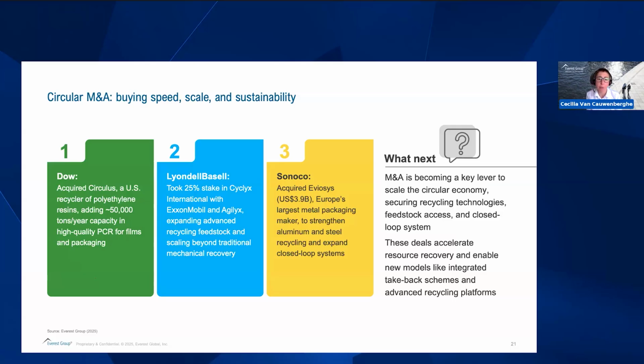This closes the loop between waste and virgin polymer production, reducing the need for new cracking capacity. So from an economic logic, the acquisition accelerates market readiness for PCR (post-consumer resin) film applications while also avoiding 2 to 3 years of greenfield risk. So Dow benefits from feedstock diversification and improved compliance readiness for APR-driven recycling content mandates.